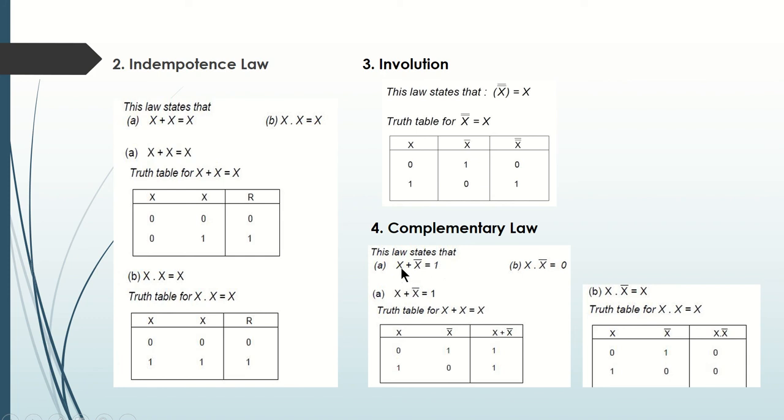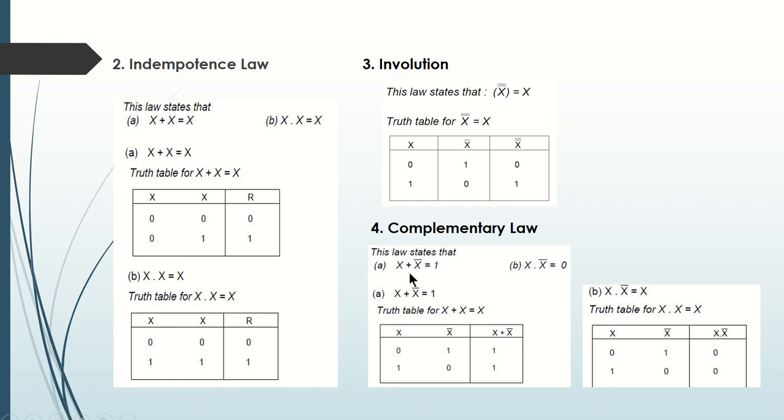Here I am having only one variable. For the variable x, the value can be 0 and then 1. How will you write the complement of the same? For 0, the complement is 1. For 1, the complement is 0. So x plus x complement: 0 plus 1 is 1, 1 plus 0 is 1. So in the truth table, the result is always 1. So this particular expression is an example of tautology.